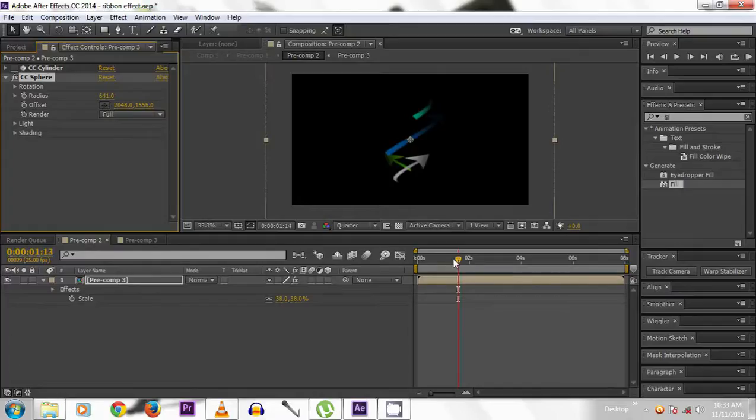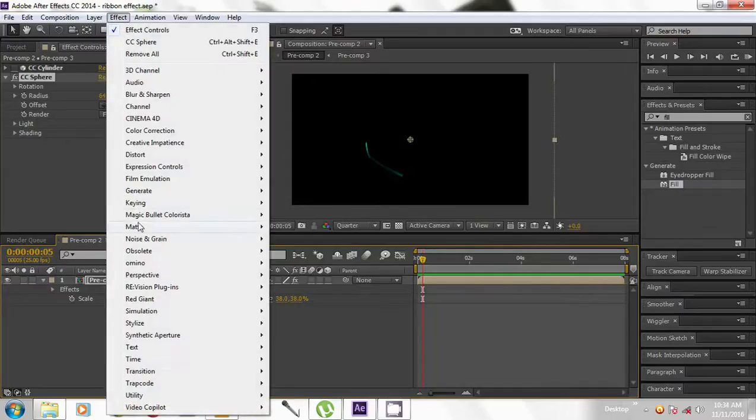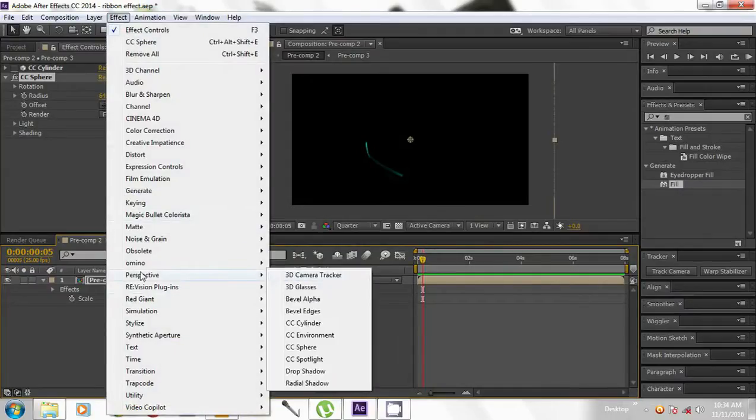Now when we play it, it is like a sphere shape. After Effects has some shapes in perspective: CC Sphere, CC Cylinder.